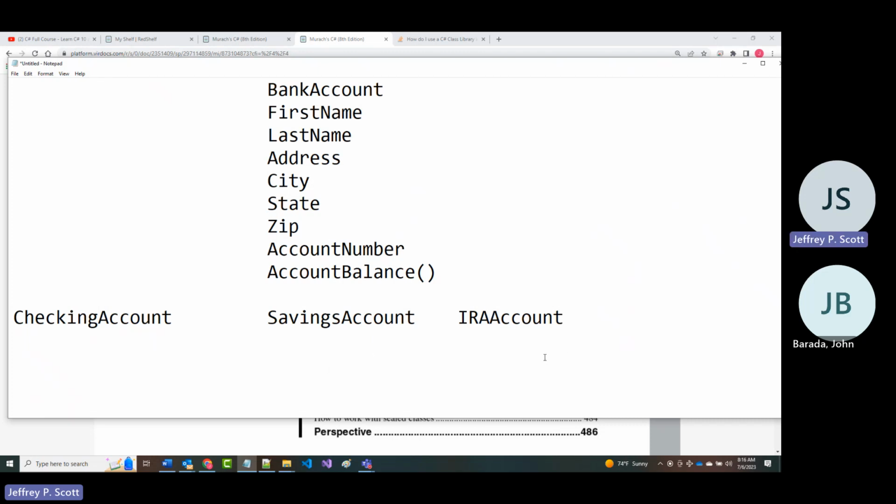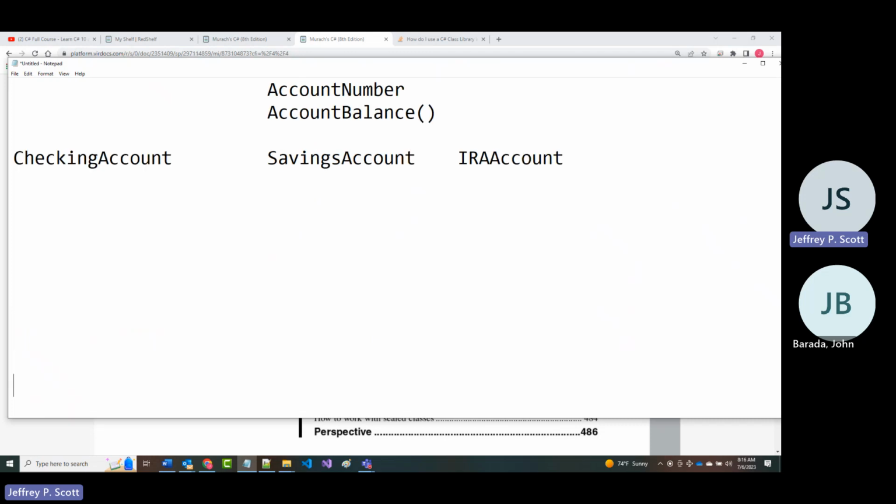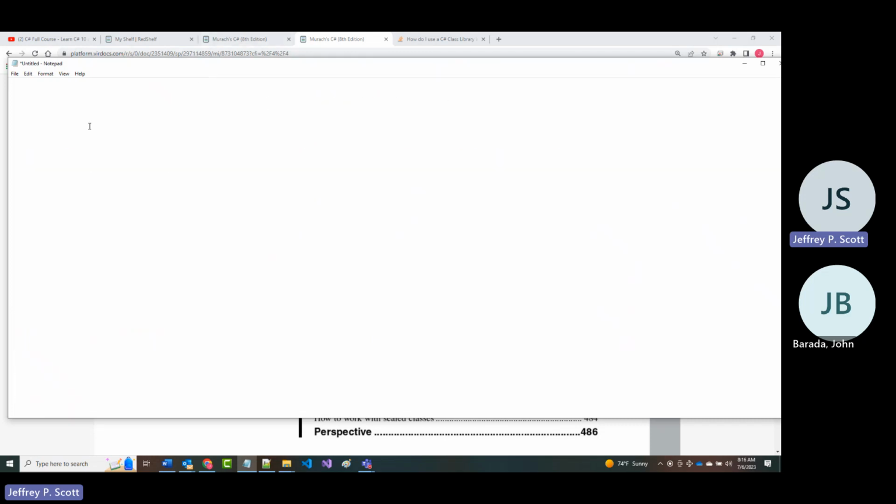Now, it's even more so than that because I gave you an example a while back that looked like this. You may or may not remember it, but we talked about a class called animal. And based off that class called animal, we said we'd have a dog, we'd have a cat, and we'd have a bird. Now, there could be all sorts of other classes. I know you get that.